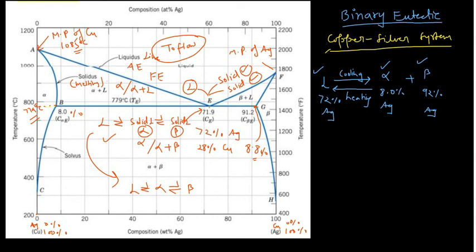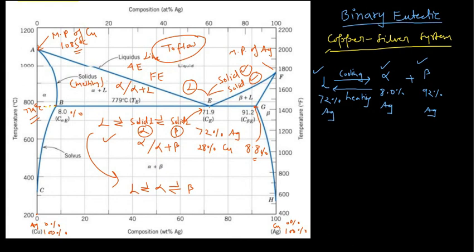But definitely you may know some of the things, like I told you what this liquidus is. Liquidus is the lowest temperature at which your alloy is completely liquid, which I have already told you. And what is the meaning of the solidus? This is the solidus line. Solidus line is your highest temperature at which your alloy is completely solid. So these things are very important. I hope you understood the things. I have already shown you how you can calculate the degrees of freedom. Then you can apply the same logic and calculate the degrees of freedom in the other areas also.